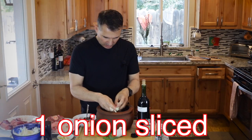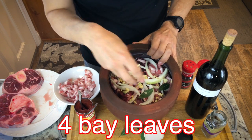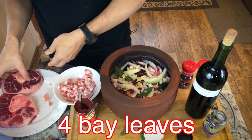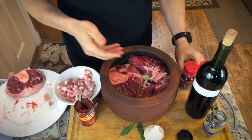Put some more onions, bay leaf, some garlic. I have a whole head of garlic I'm putting in here. You can see I have some peppercorns, onions there, some of the meat, and you just keep on layering up. I'll put another piece of shank in there, some pieces of chuck in there,